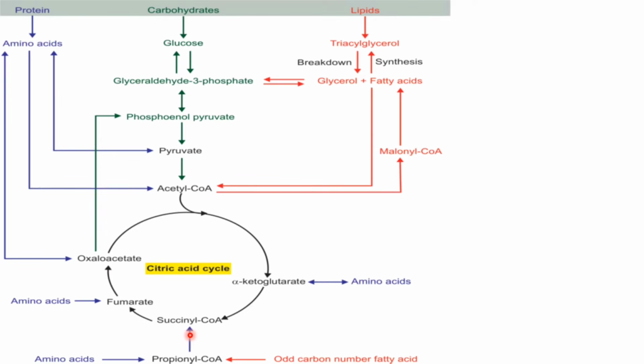There can be synthesis of fatty acids from proteins. Carbon skeletons of glucogenic amino acids can be converted to fat via synthesis of pyruvate or acetyl-CoA. But there is no synthesis of proteins from fat. So that is integration of metabolism at cellular level.